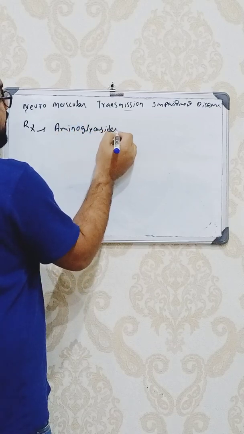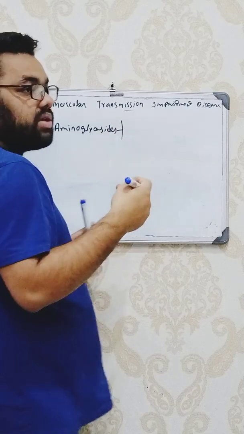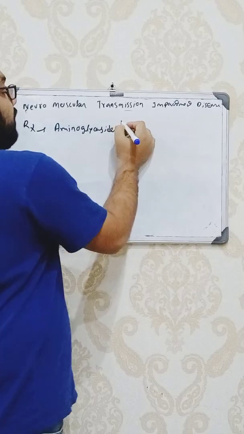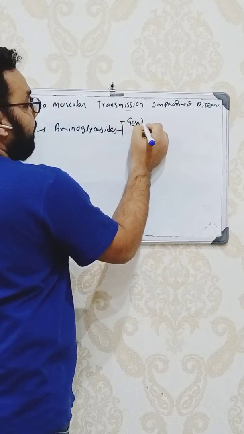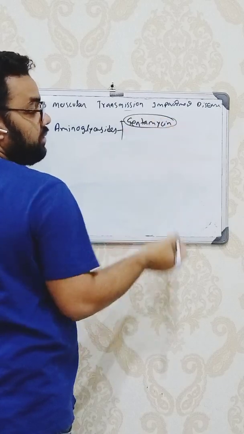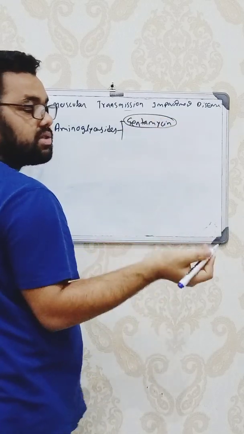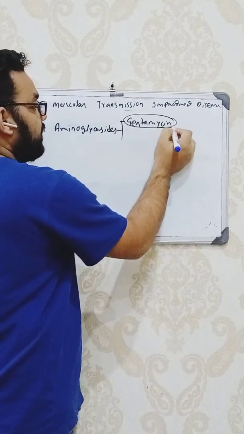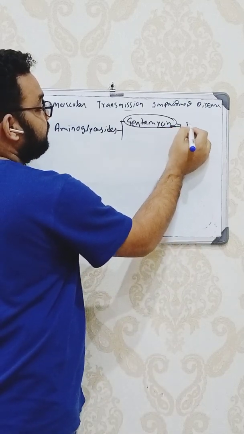Within the aminoglycosides, there are various types, like gentamicin, tobramycin. Okay, specifically gentamicin. The side effects of gentamicin occur in some patients, not all patients. Otherwise it could be a toxin, it could not be a medicine. So in some people or some patients,